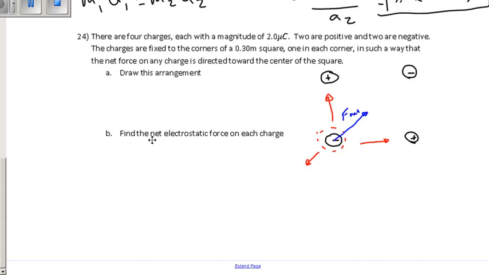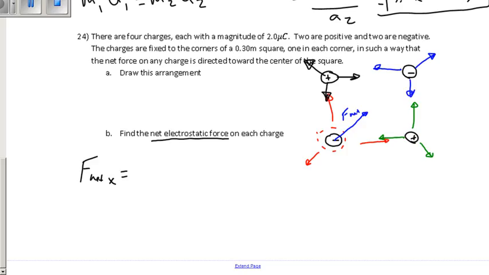To find the net electrostatic force on each charge, we should understand that for each of them, the electrostatic force is going to be the same in magnitude. Think about the positive charge here. It's going to have an attracting force this way, an attracting force this way, and then a repulsive force this way. And similarly for the others: attracting, attracting, repulsive. So what we're going to find is that F net on each of them in the x direction is